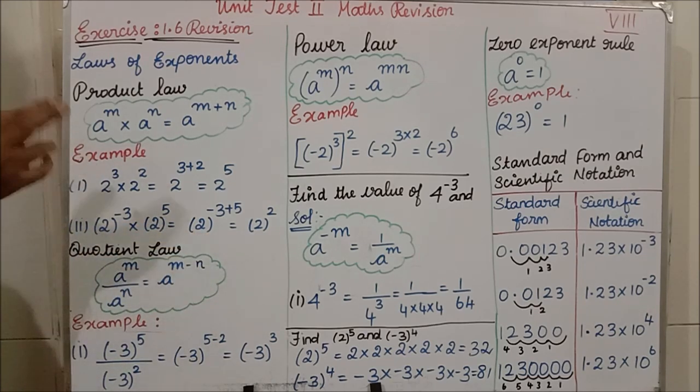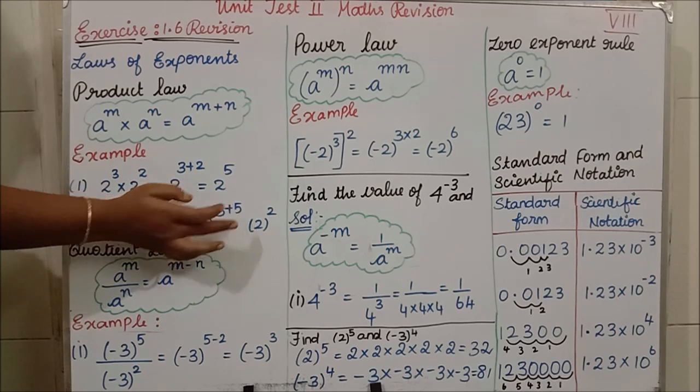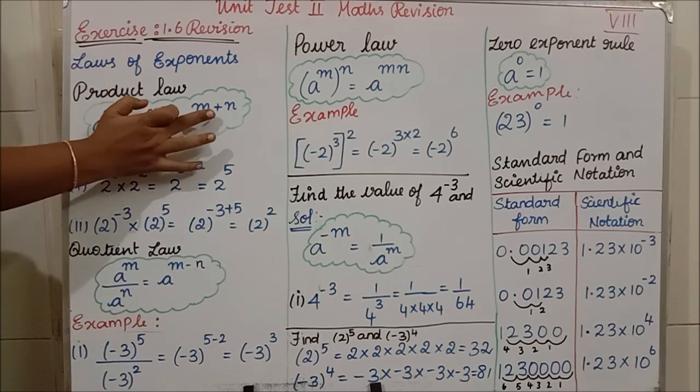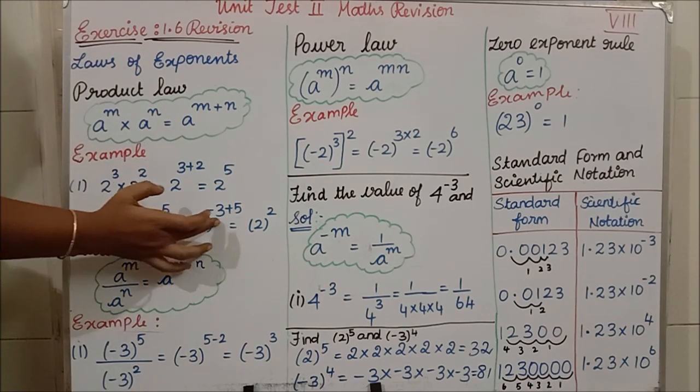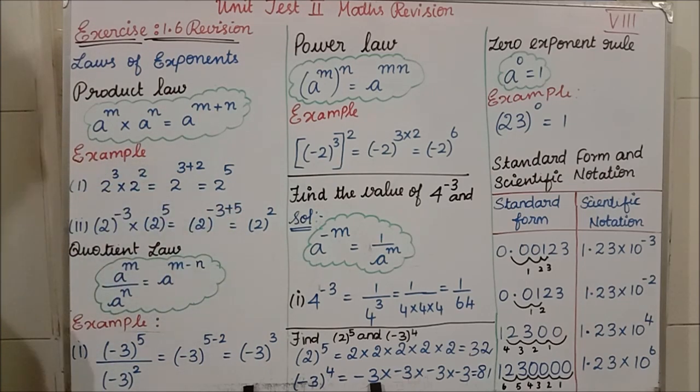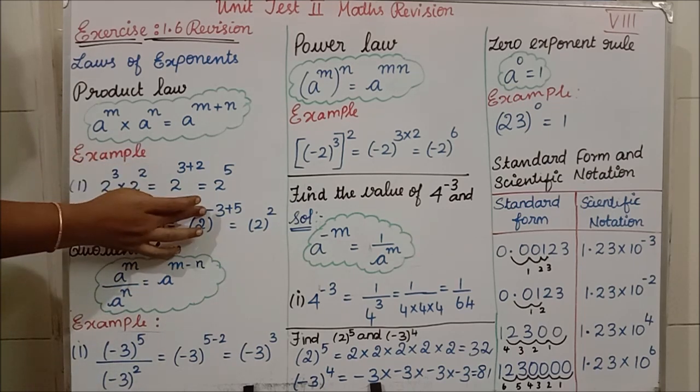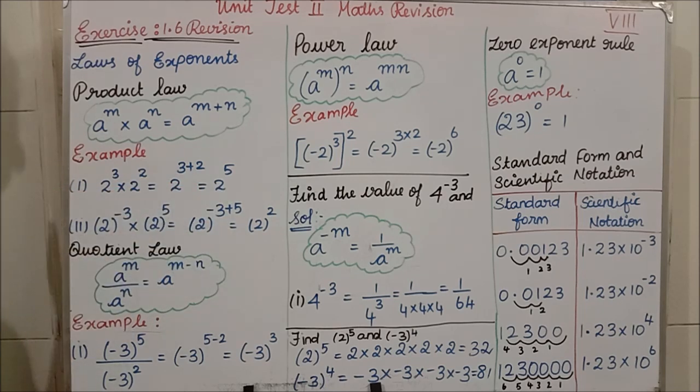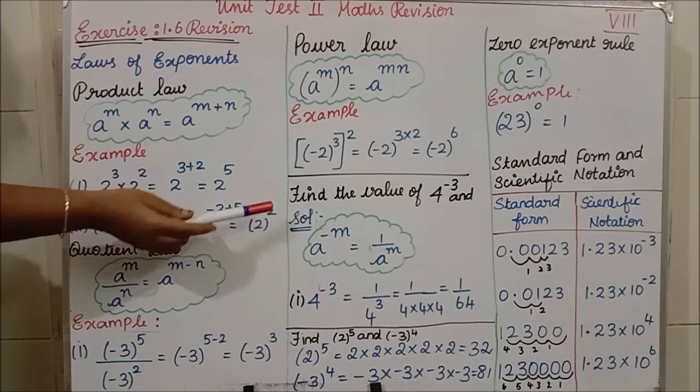Then I am adding the powers. See, minus 3 plus 5. That is the formula we are having, in between it is plus. So minus 3 plus 5 means what do we have to do, whether you will be adding or subtracting? Yes, we have to subtract. Don't think that ma'am said if the bases are the same, the power should be added. Don't say that. According to the sign only we have to do the operations. Most probably when the bases are the same, the powers are added, but according to the sign, we have to do the operations. Clear? Now 5 minus 3 is what? 2. So we have to write here 2 square.